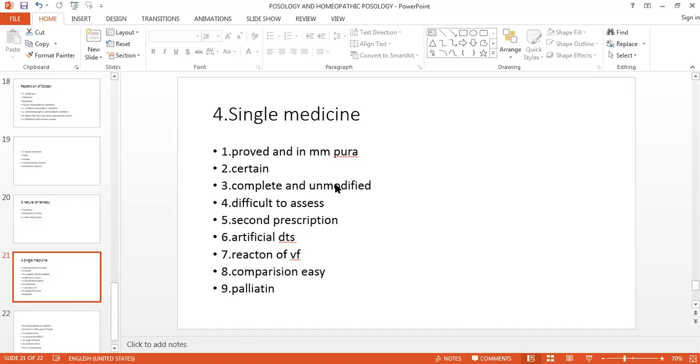Some physicians have tried the administration of two medicines at a time, where the remedies seem to be homeopathic. For example, during the repetition, if you find two similar medicines, you have got Arsenic, and you are having Pulsatilla also, both are very similar in the patient, but there is a slight demarcation.